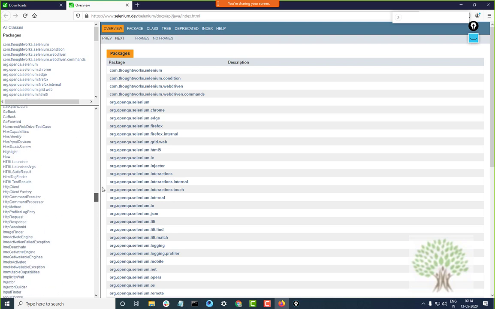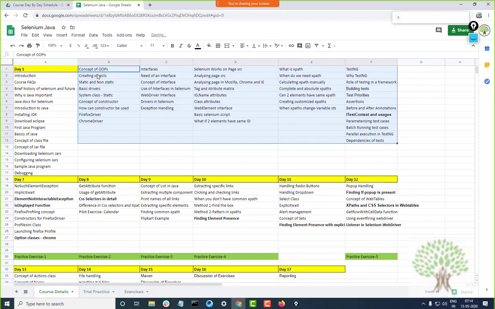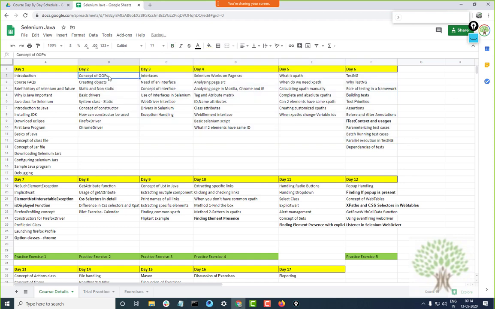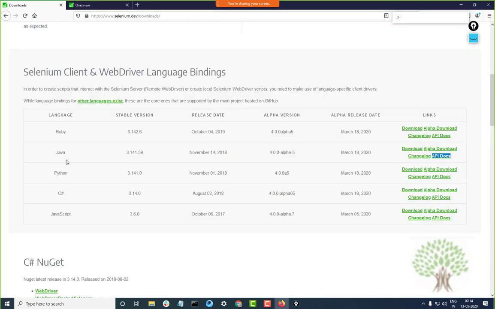Most of you might not be able to understand this, because to understand this you need to learn Java, and in Java, as I told you, you will have to understand the concepts of object oriented programming, which we will be starting off. Fine. Okay, and moreover, whenever the new version of Selenium is released, there is a change log which comes up on their website.